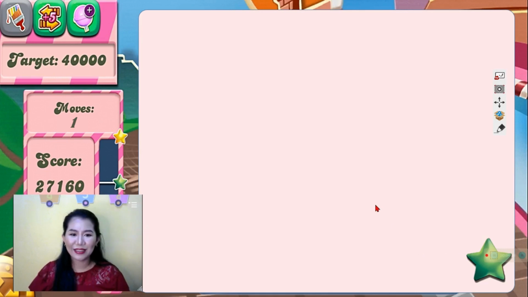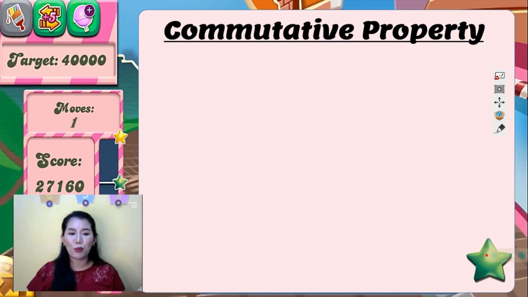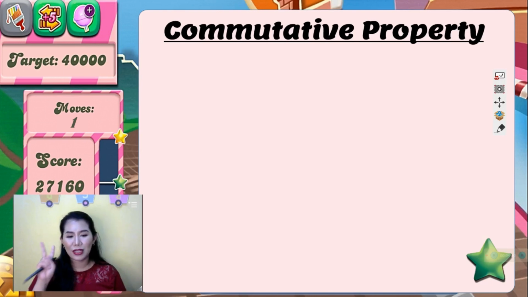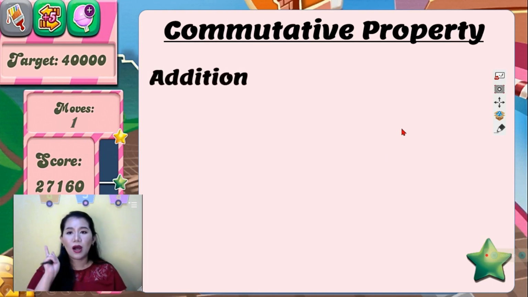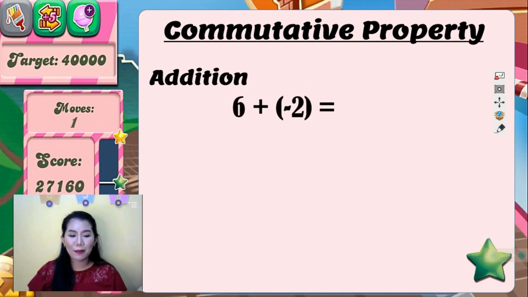Let's have another property. Okay, so the commutative property. What does it mean by commutative property? So again, we're going to have two properties in this commutative. Okay, so commutative property of addition. Alright, ano naman ang sinasabi sa commutative property of addition? For any integers a and b, a plus b is just equal to